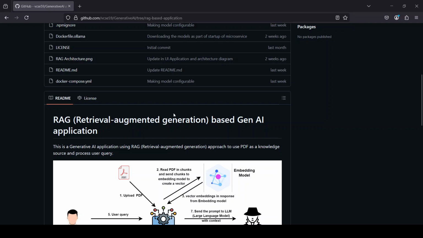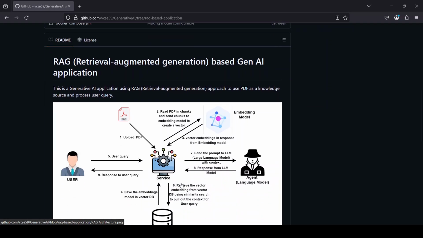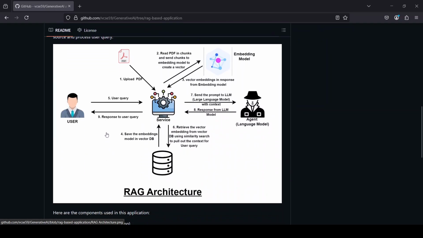Hey everyone. So today we are going to go through how to build a Gen AI application, and that's going to be a full stack application. We're going to use the RAG pattern. It's a traditional RAG pattern that we're going to use, and the knowledge source that we are using is PDF files. So if you can see in this architecture diagram, we do have the portal where you can go